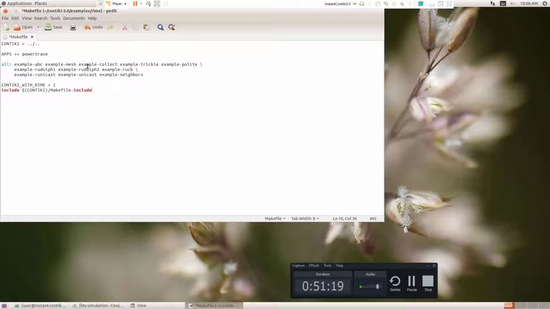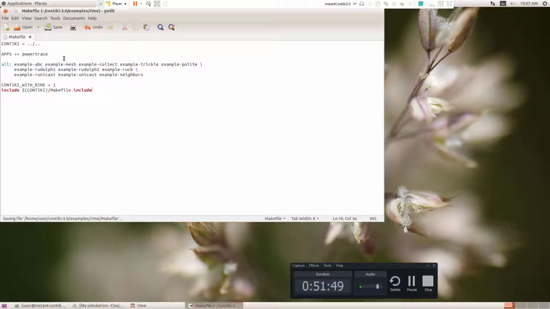So what is it saying? Already there are so many apps running here, and with those applications I want to include more. In a C program, c = c + 1 means the value already available in c you are including one more. The same concept here. Applications are already running, and with those applications I want to include the PowerTrace application also. This is the command. Now let me save it.